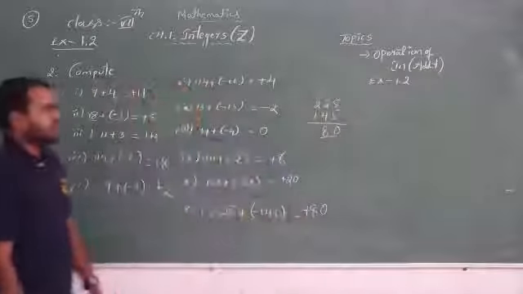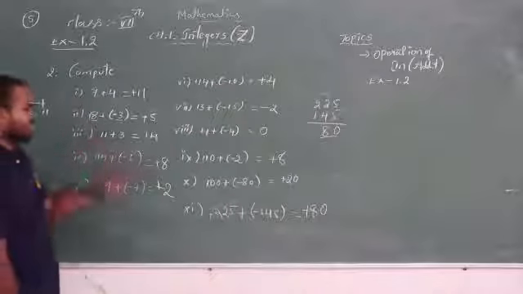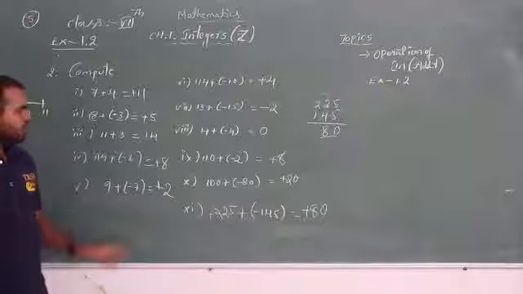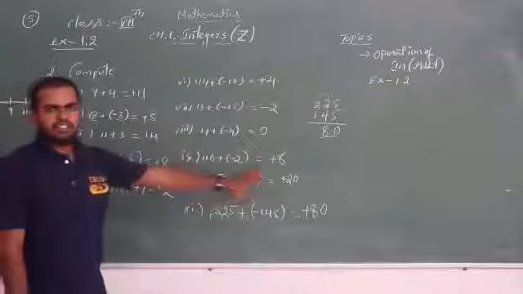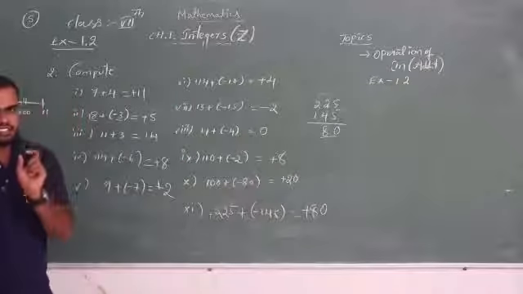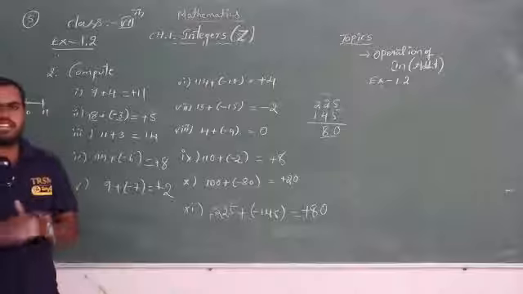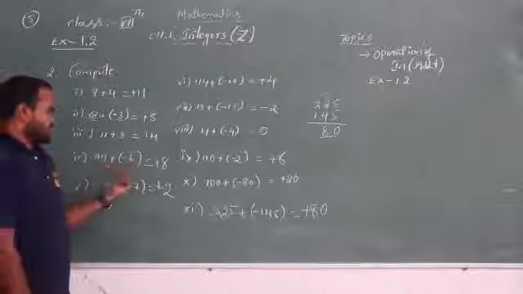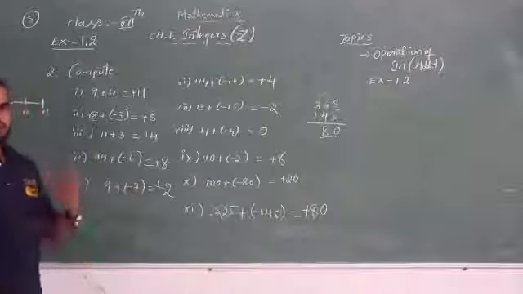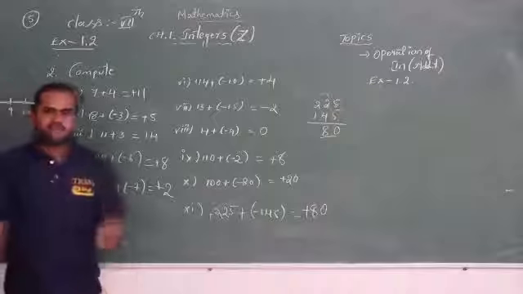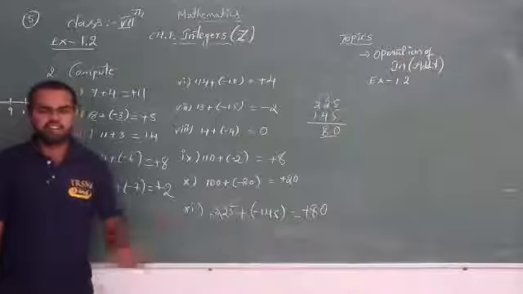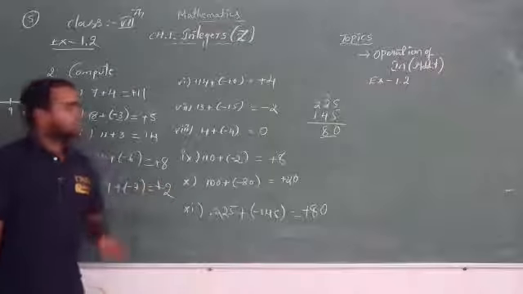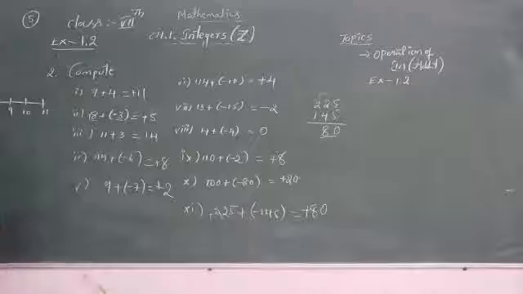So to evaluate or to do the addition, we followed the rules. That's it. Okay. The rule number 1 and rule number 2 we followed, and everyone should remember this. What are they? Whenever we are adding two positive integers or two negative integers, directly add the integers and take the same symbol. But if the signs are different, if you are adding a positive with a negative or a negative with a positive, then we subtract the smaller from the larger, and then take the larger number's sign for the sum. Okay, so this is about exercise 1.2.